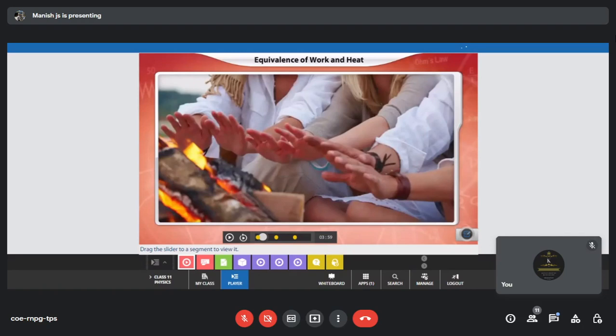Heat can definitely get transferred from one object to another. If one object is hot and another is cool, and I put both together, the hotter object would transfer heat from itself to the object which is cold. That is the main thing. Here, what is the object? The bonfire is our object. It is basically the source of heat. So heat is getting transferred from there to the surroundings where people are sitting, probably the palms.